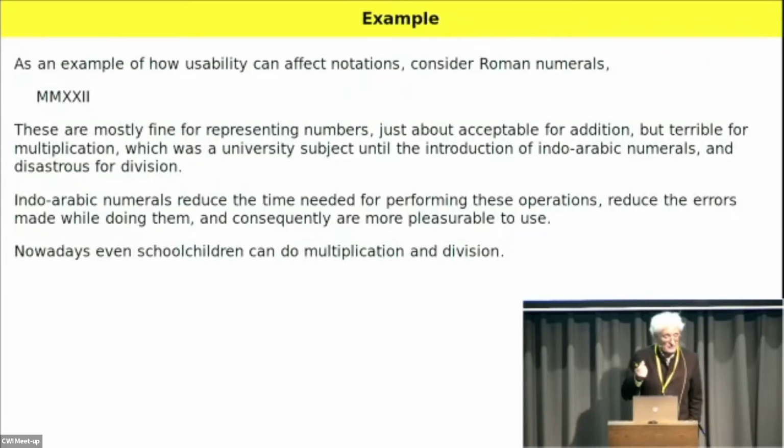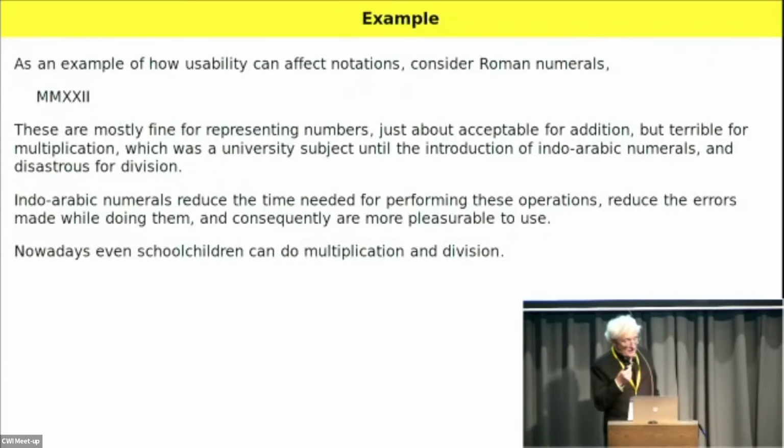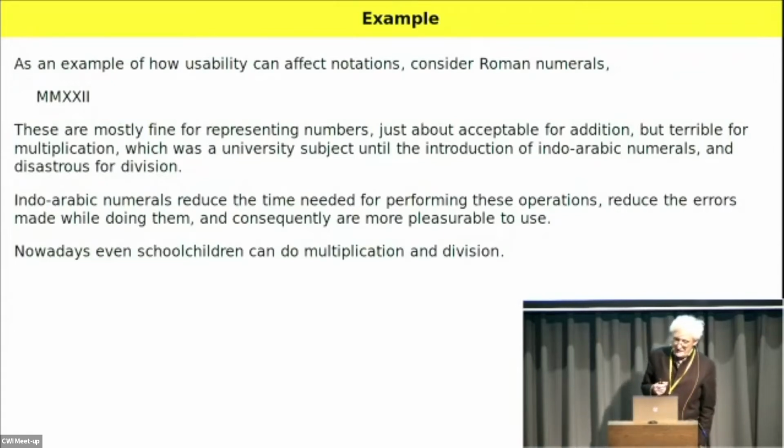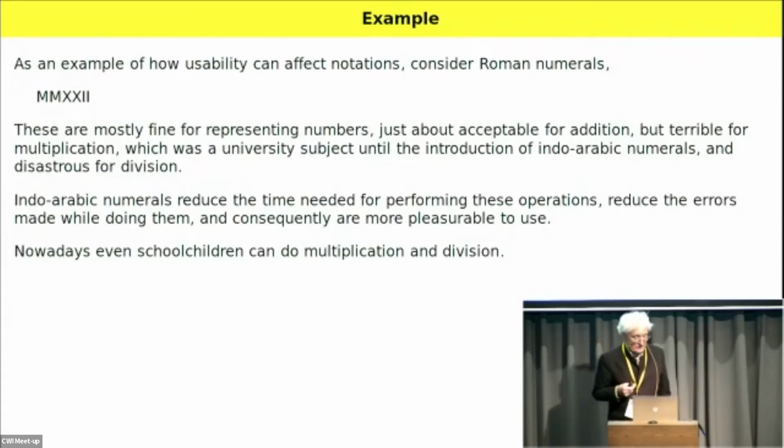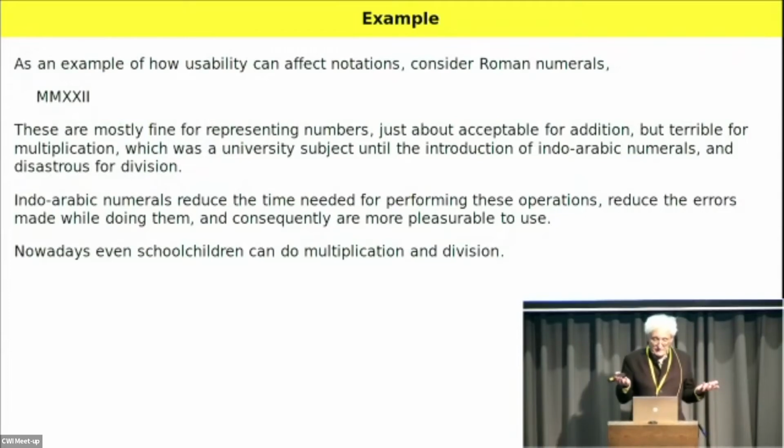So as an example of usability, take Roman numerals. That's the number 2022, and so this year, in other words. This is just fine for representing numbers. It's sort of okay for addition. It's not too hard to do addition of these forms, but it's absolutely terrible for multiplication, and it's almost impossible